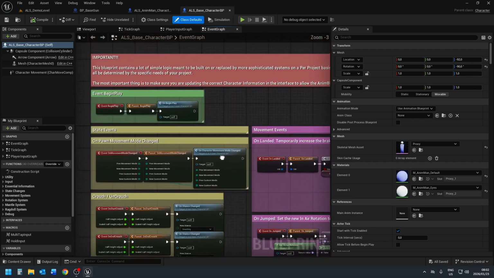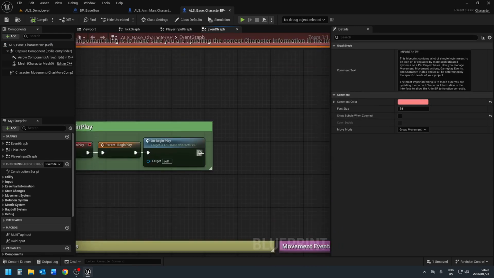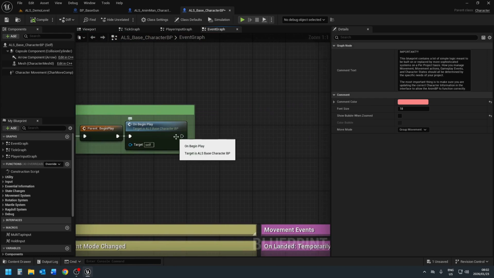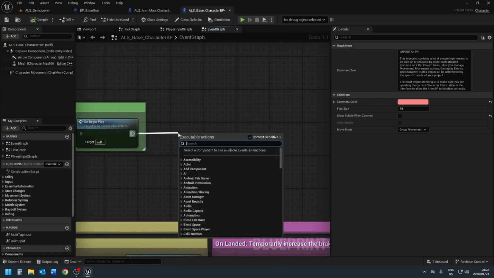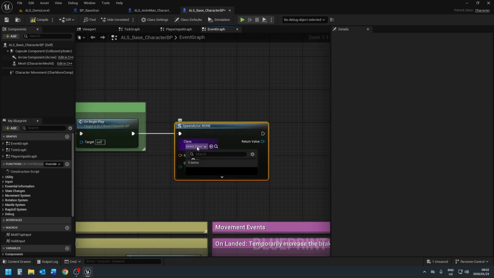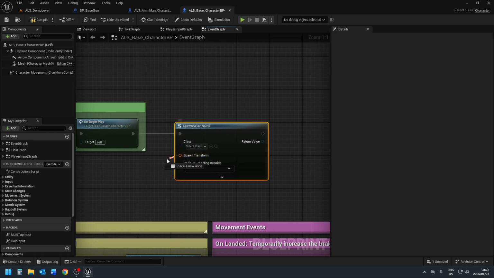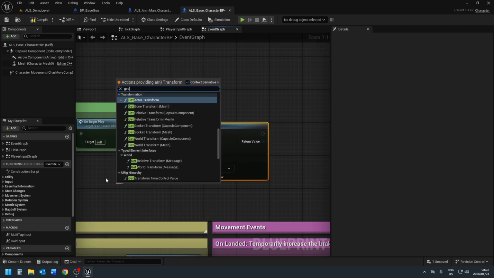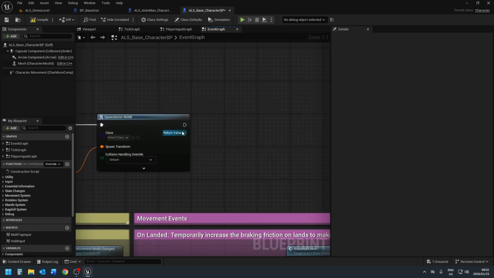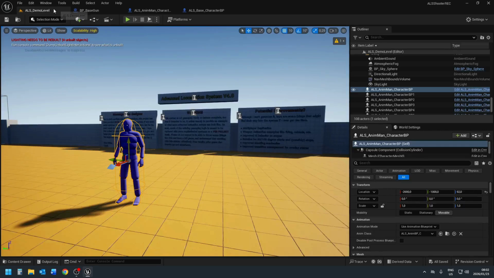And in the event graph, on event begin play, we'll drag off and search for spawn actor from class. The class we'll set later. For the spawn transform, we'll just say get actor transform. It'll give us an error because the class is not set, but